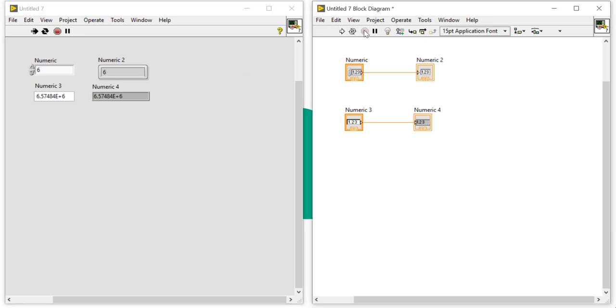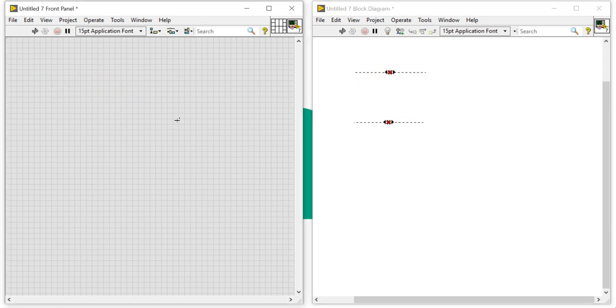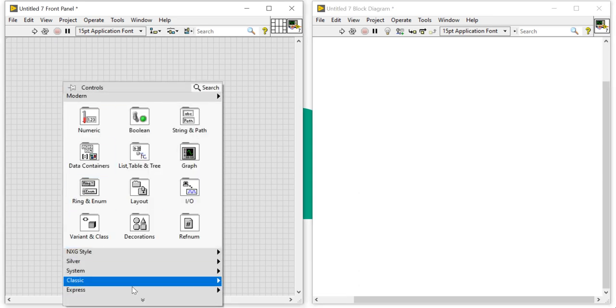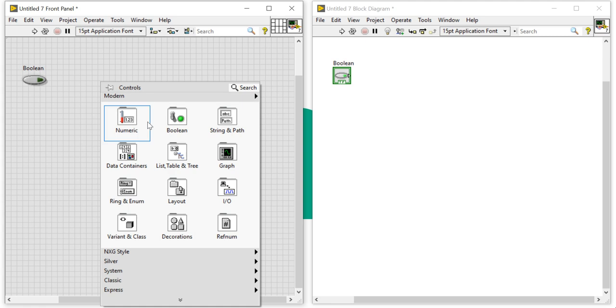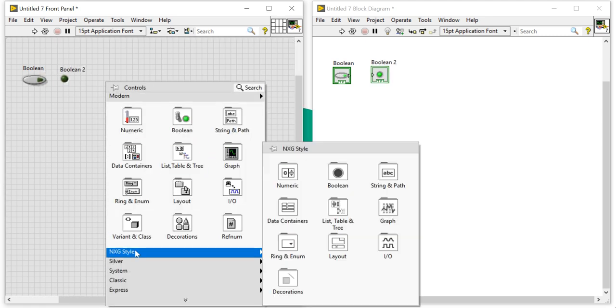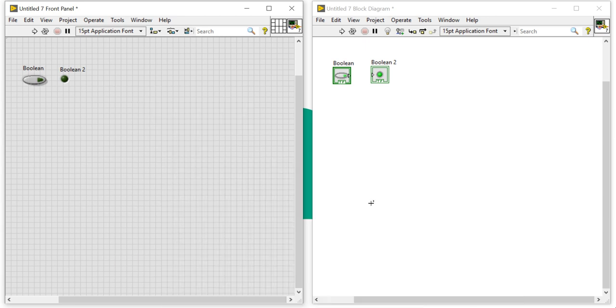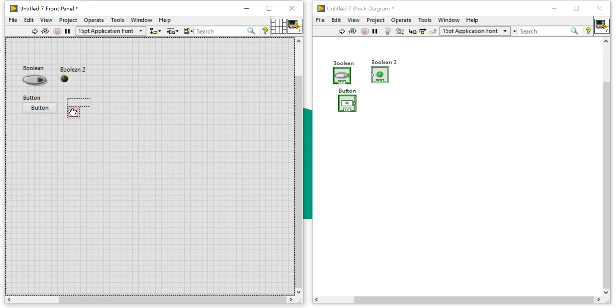Let's try to take a different data type to understand the difference between these styles. So here I am taking a pause button, taking a round LED. When I come into the NXG, take an NXG LED.